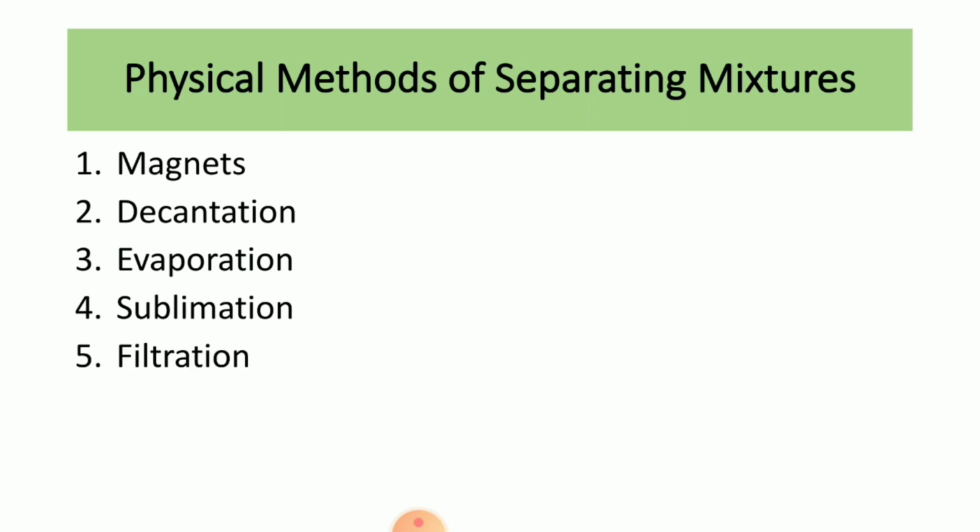Next, filtration. A solid-liquid mixture is allowed to pass through a filter, trapping the solid in it. Then, distillation separates miscible liquids of different boiling points such as ethyl alcohol and water. And the last method is